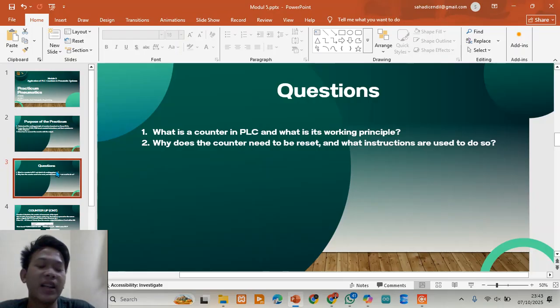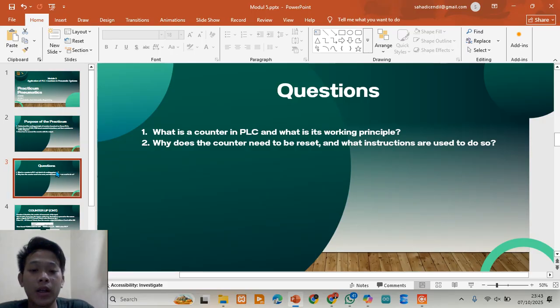Each time the input turns on, the current value, or CV, increases by one. When the CV reaches the preset value, or SV, the counter output turns on.